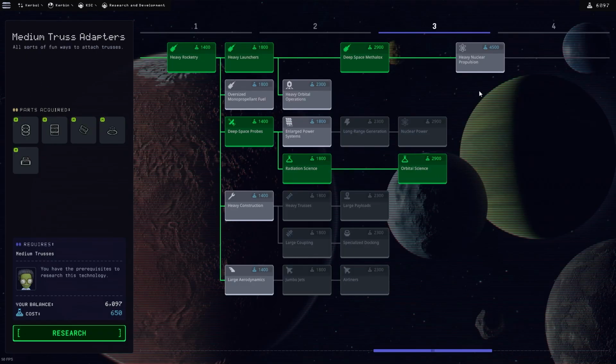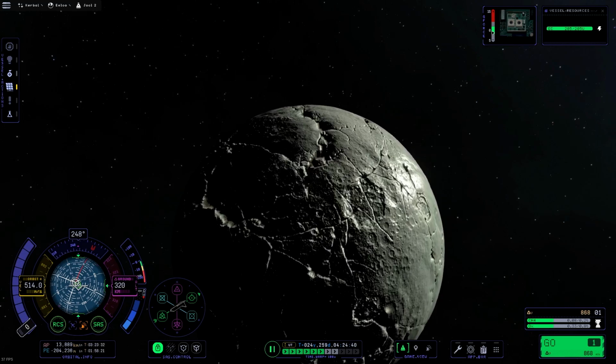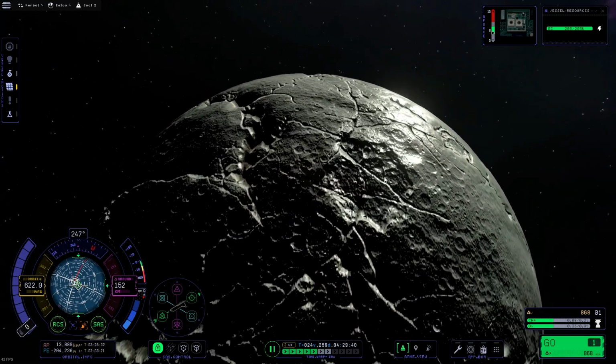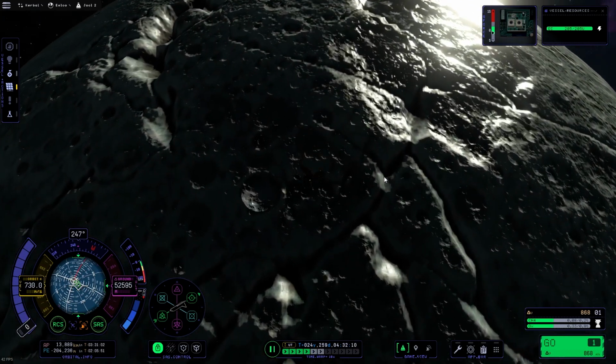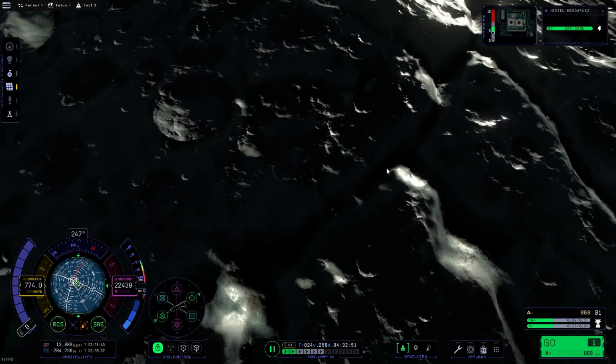So I go through and I unlock the couple of things that I really like, including the heavy nuclear propulsion, just to get us to tier 4. And with that, a bit of a victory lap as I try to land here on Elu. Elu is the furthest point in the entire system, and while I wait for this to get down to the surface and inevitably crash,